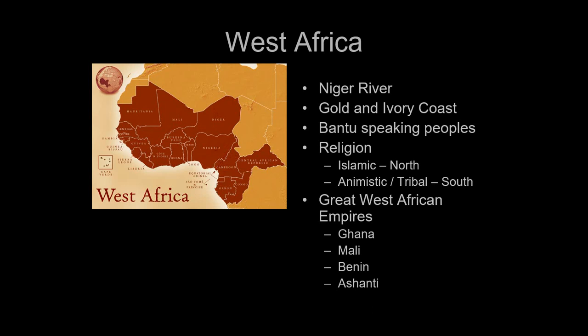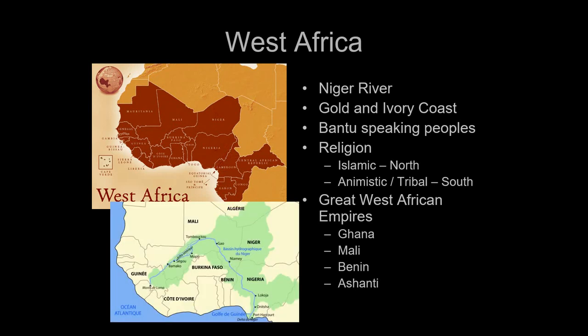In fact, the wealthiest kingdom in the world, Mali, which was wealthier than any other nation in the history of the earth, was in West Africa. So the region is defined by the Niger River. The Niger River starts in the west and it flows inland, north, until it gets to the inner delta. The inner delta is a place where the water slows down, it spreads out into a vast swampy marsh. It's a very fertile location. And right at that northern point, which is right here, we have the major city of Timbuktu.